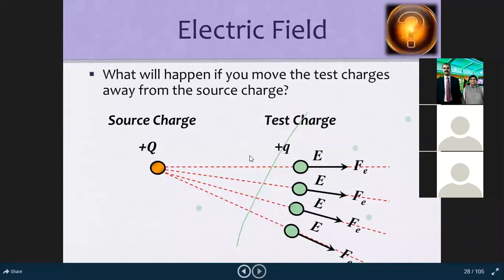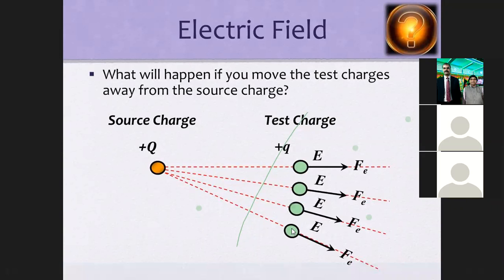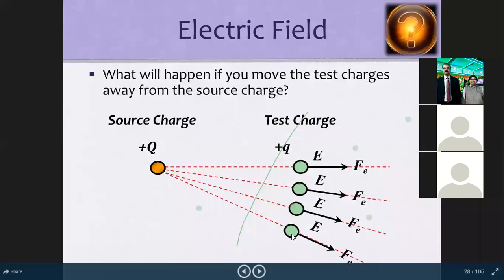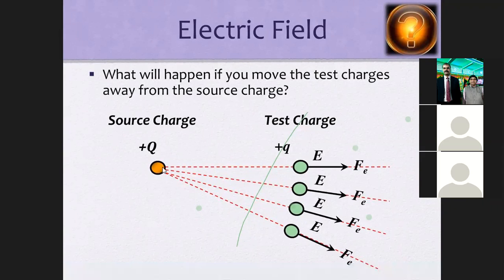So look at, this is the situation. What will happen if you move the test charge away from the source charge? In the previous case I was moving the test charge in such a way that the separation between the two charges remained constant, therefore the electric field remained constant. But in this case, the test charge is moved away from the source charge. In such a case, the distance between the source charge and the test charge gets changed, and hence